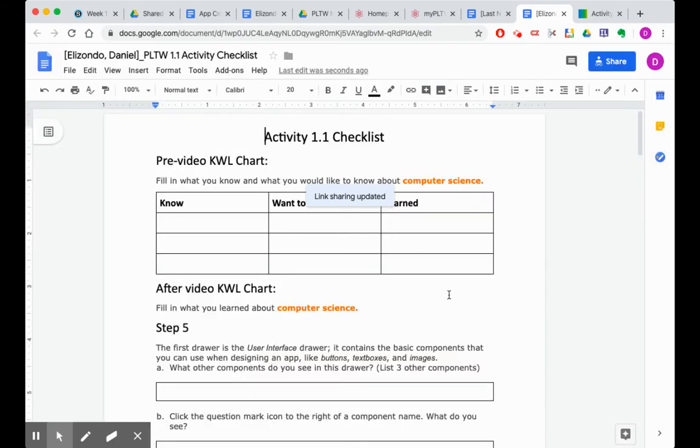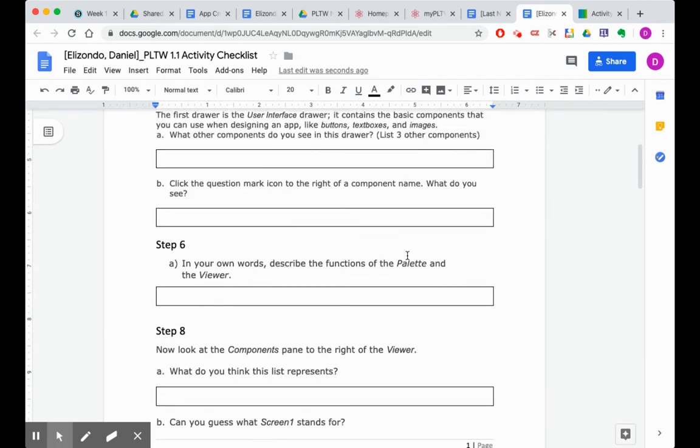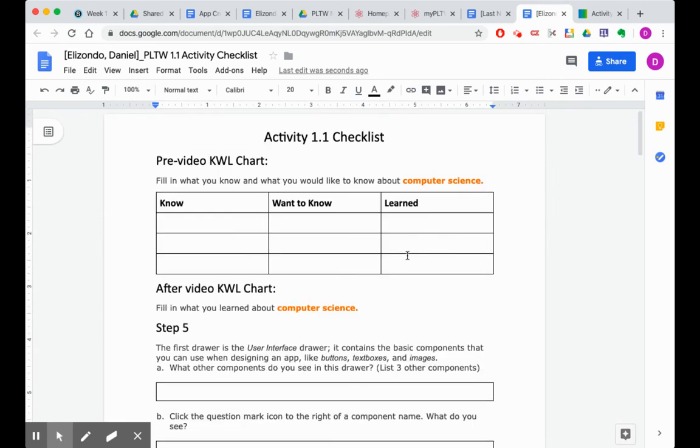And this is your activity checklist. The only thing this is for is answering questions. So you're going to be coming back to this later to answer questions, but really the most important thing is